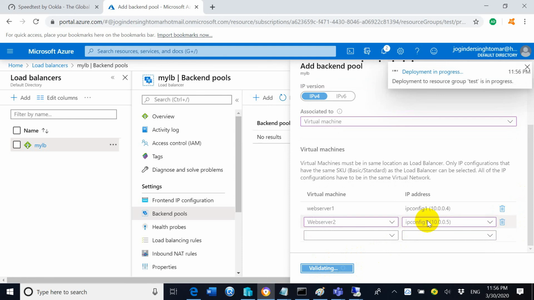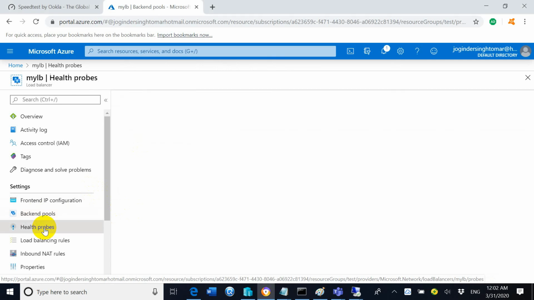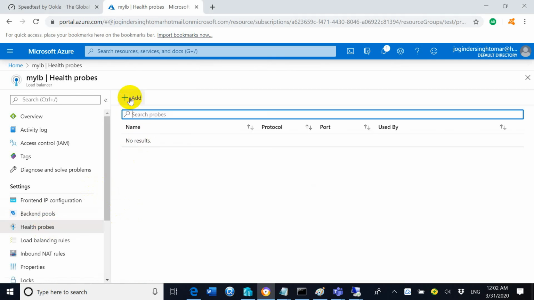So it is validating. Now you can see here my backend pool is created, right? So the next step is to click on the health probes, click on add